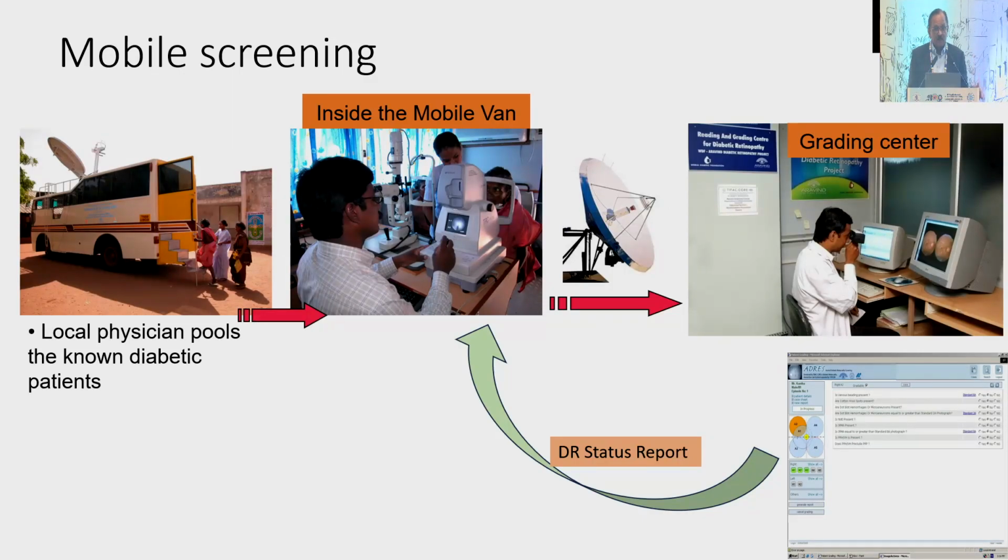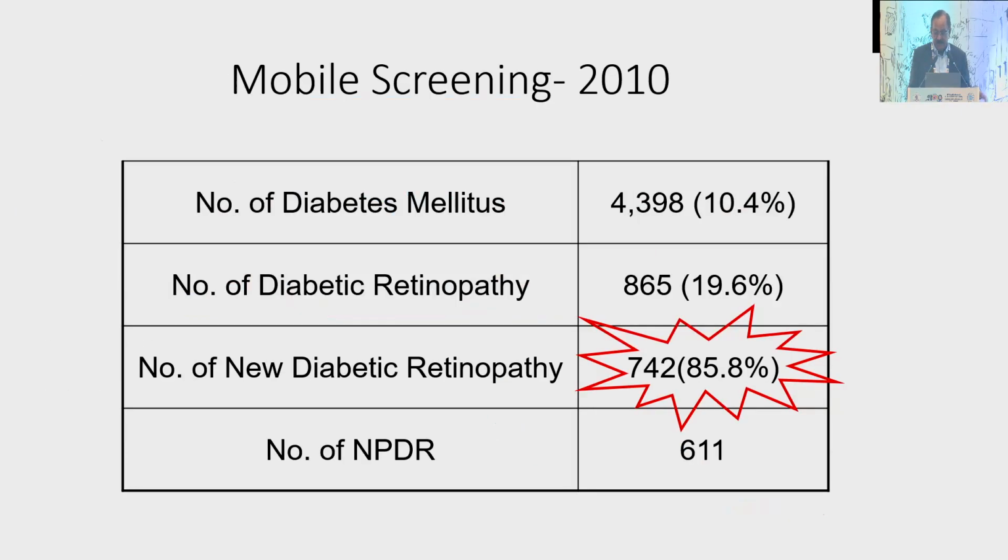We also had ISRO give us a mobile van. Both Shankar Netralaya and Aravind had these mobile telescreening vans in the early part of 2000, and somehow it was lost because of the technologies that changed with time. The same process was done. The bus would go, find diabetic clinics and bring their patients into the bus, screen them, and then the process of telescreening was done. Again, because this was going into many of the rural communities, we were able to identify almost 85% new diabetic retinopathy patients.